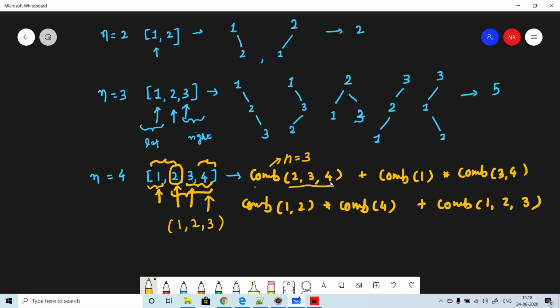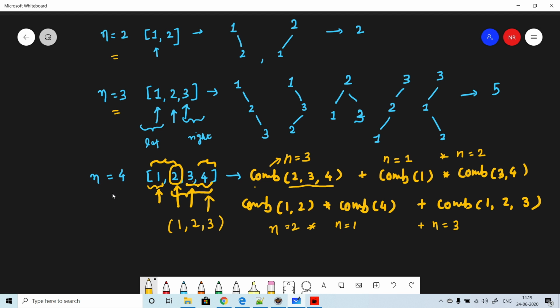The same goes for the other combinations. For n is equal to 1 we are calculating it again. Here, you are calculating with 1 and 2, so we are calculating for n is equal to 2, n is equal to 2 into n is equal to 1, and the same goes here, where we are calculating for n is equal to 3. So if you see clearly, we are keeping one number at the root, and the other possible combinations we are creating with that we already calculated before. If you know n is equal to 3 and n is equal to 2, then we can get the result for n is equal to 4.